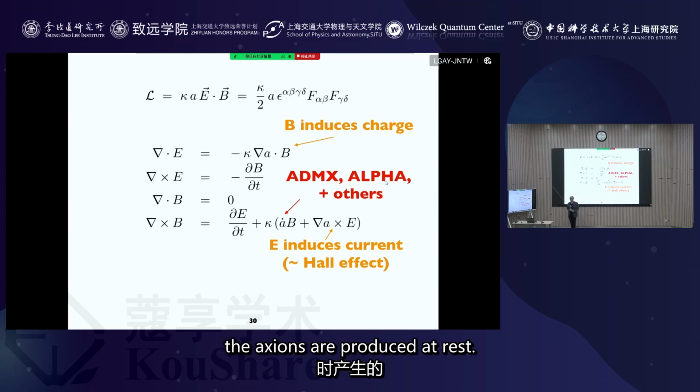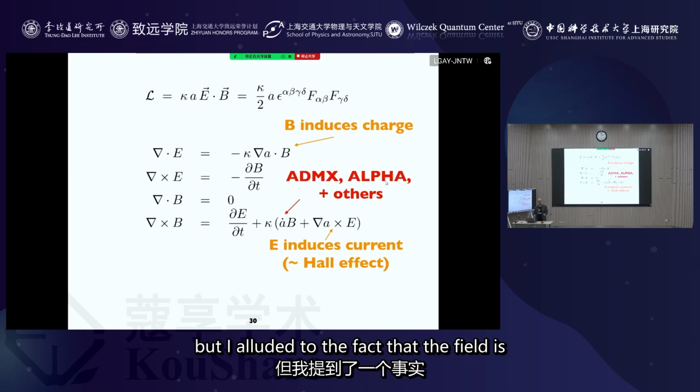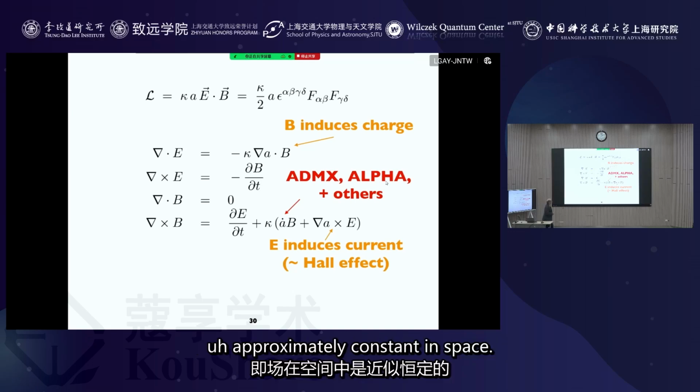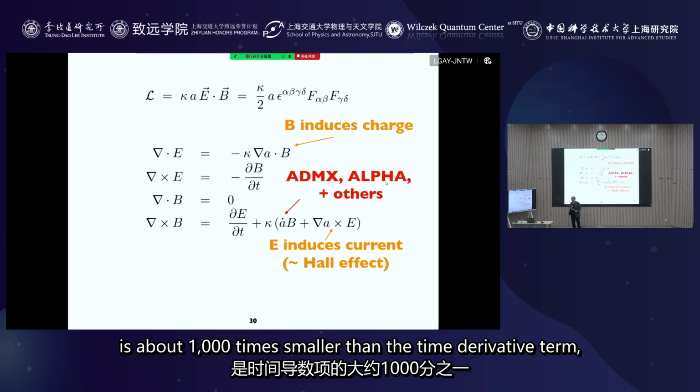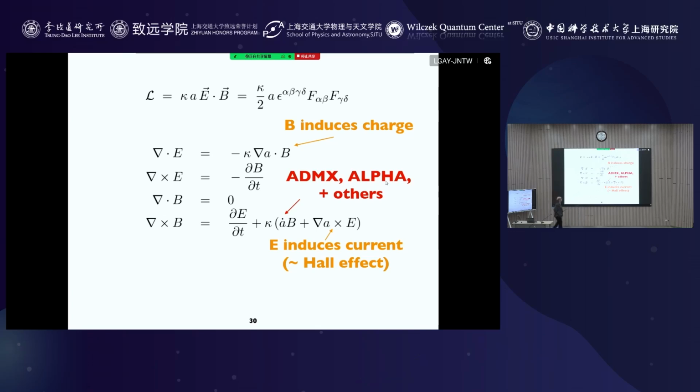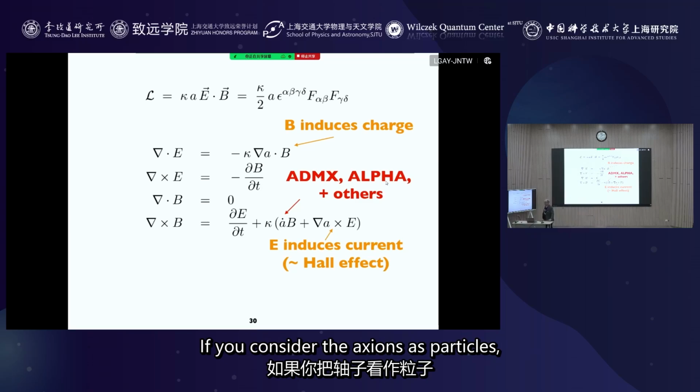The axions are produced at rest. I didn't discuss this in detail, but I alluded to the fact that the field is approximately constant in space. The quantitative measure of that is that this gradient term is about 1,000 times smaller than the time derivative term. Or a way of interpreting that in terms of particles, if you consider the axions as particles,